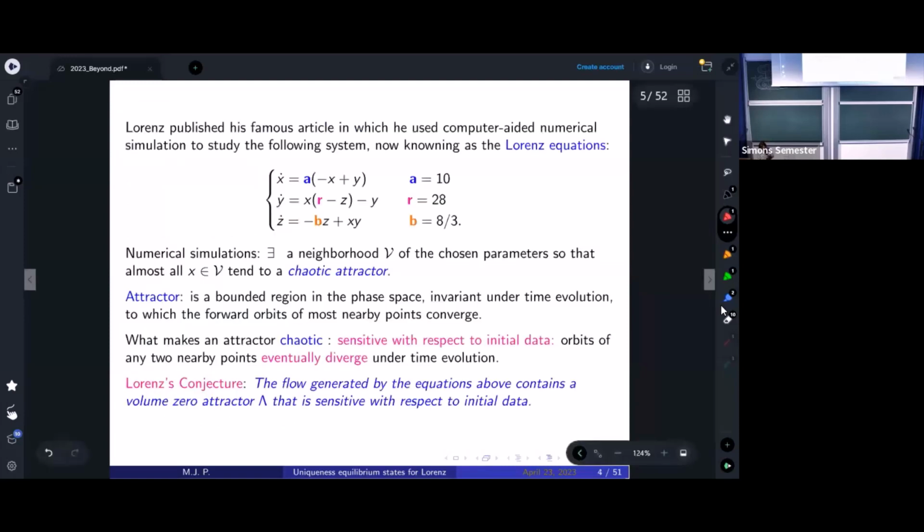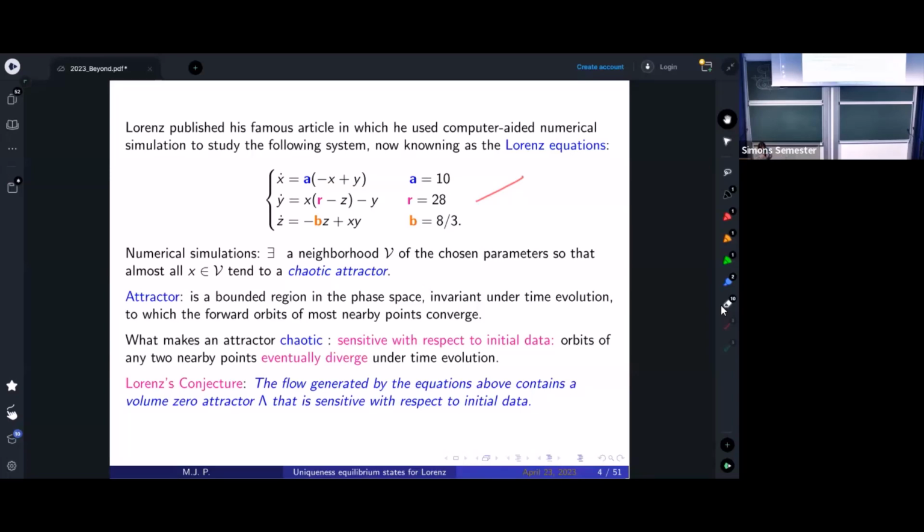Jiagang. And then we start with the famous article of Lorenz, where he put these equations, known as the Lorenz equations. He was trying to study the climate, the evolution of the climate over a long-term evolution time. And the numerical simulations for this,